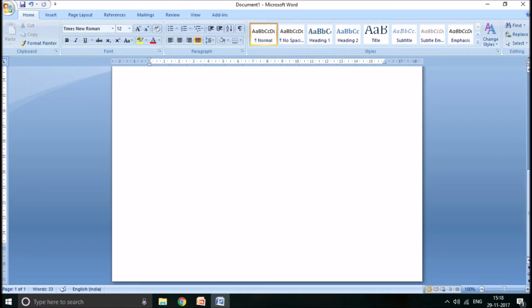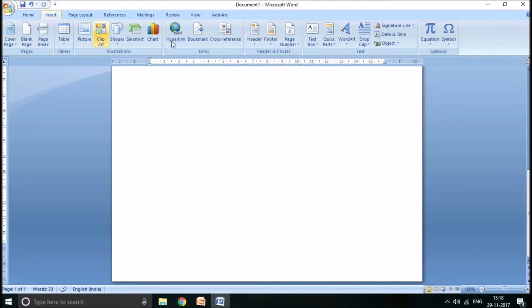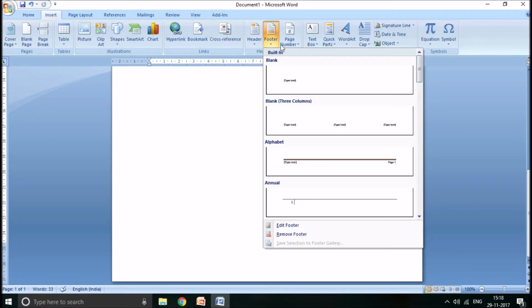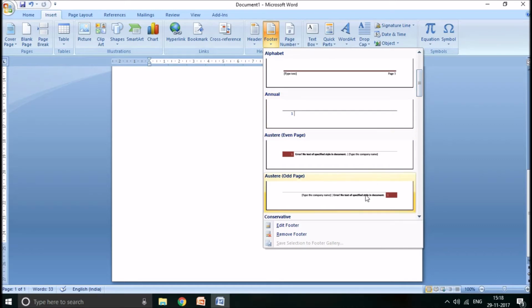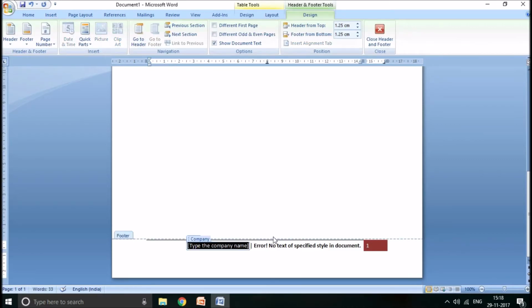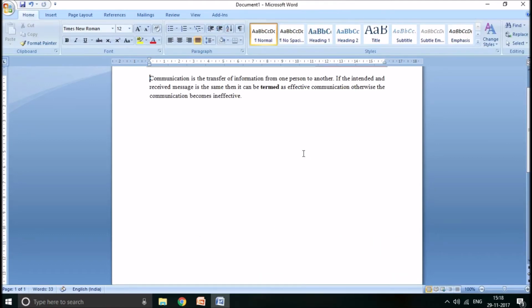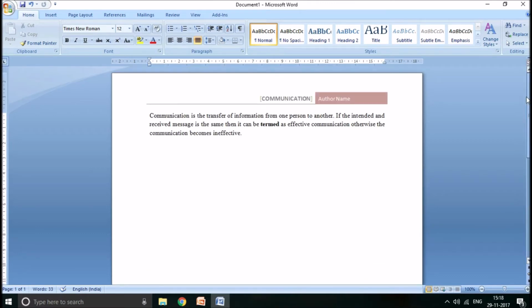Similar way you can insert a footer also. Right now there is no footer. Go to insert, click on footer, and you can select a type of footer you want. Because I have selected a maroon colored header, I'll select the similar kind of footer here, which gives the page number. Or you can select anything you want. I'll select this one because it suits with my header, and I don't want anything because I've already entered everything. So I'll just delete all the other things. I just want the page number. Now this is how you insert a footer. Once this is inserted, if you even go to the next page, the headers and footers will automatically take the place, and the page number will keep increasing. Alright, so this is how you insert headers and footers.